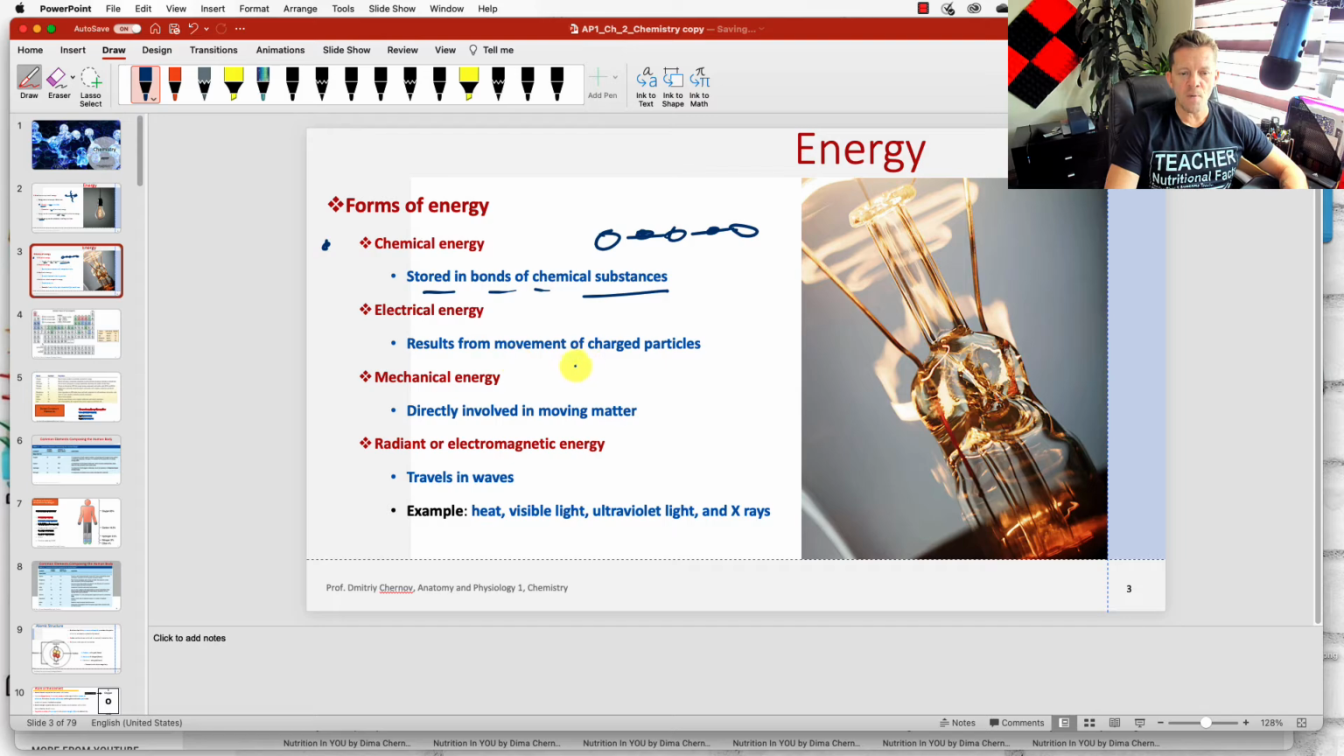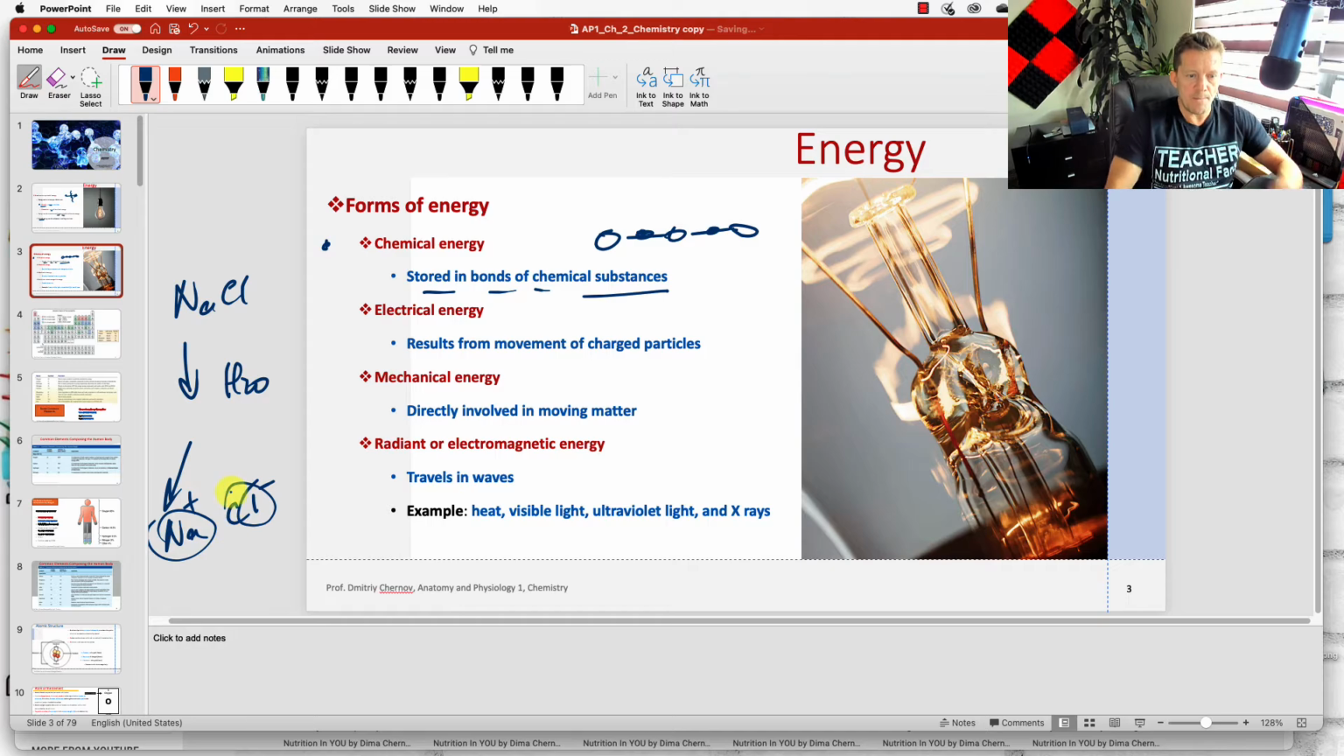Electrical energy results from movement of charged particles. Another example would be, let's say there is sodium chloride. We put sodium chloride in a solution of water, and then energy is released, and this salt molecule dissociates in the water. So now we can call these electrolytes, because these elements now can conduct electricity. Or when our nerves are firing, or when they conduct an electrical signal from one point to another,